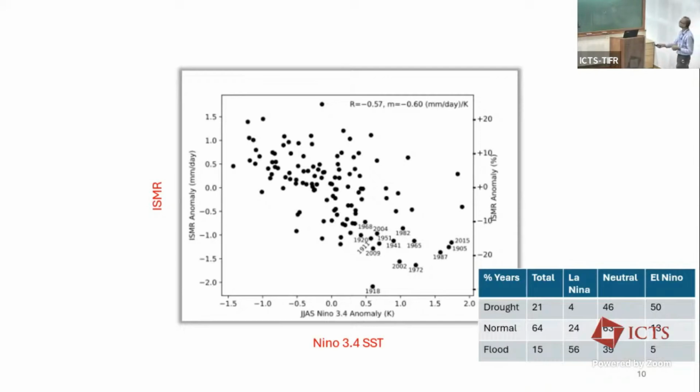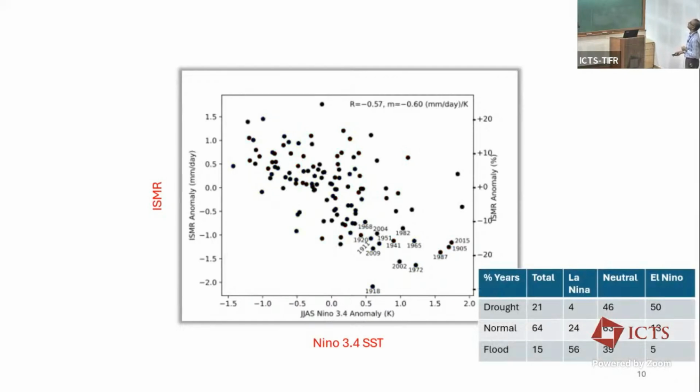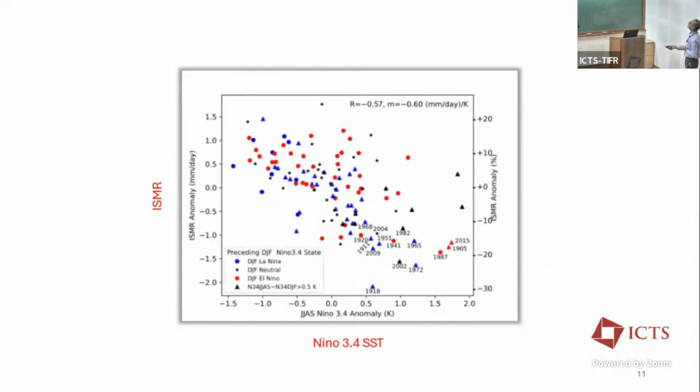Okay, not just that, it is fine for this one. The scatter possibly is a little too much here. However, even today, for the seasonal prediction of the rainfall, ENSO is possibly the most important deterministic factor or predictor. Now, if you do the same thing, just change the plot here, and color those years